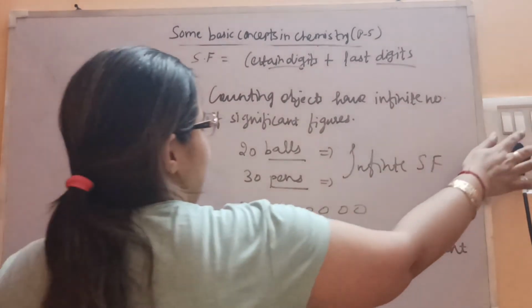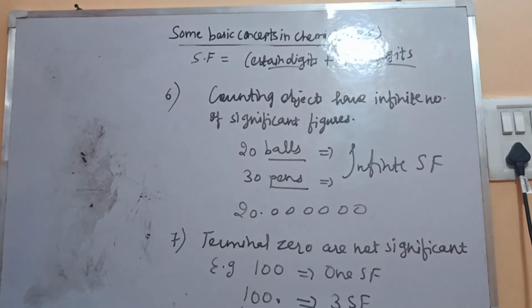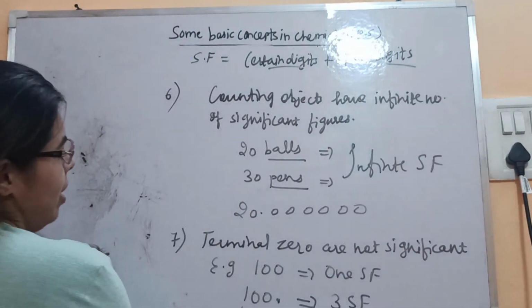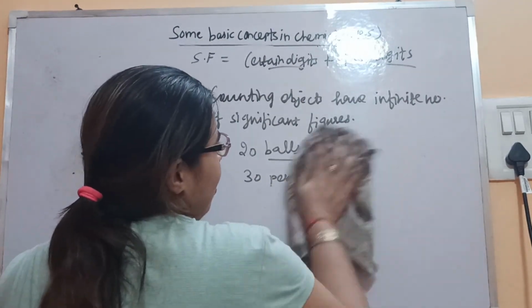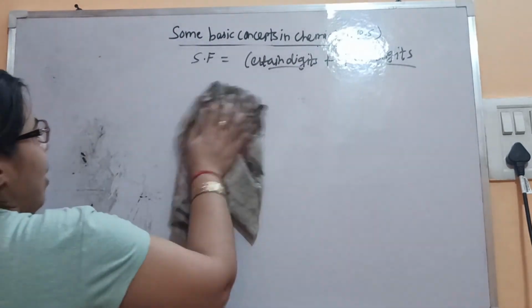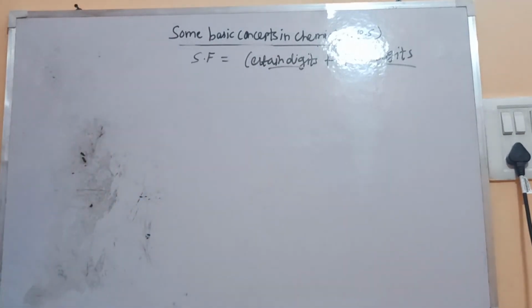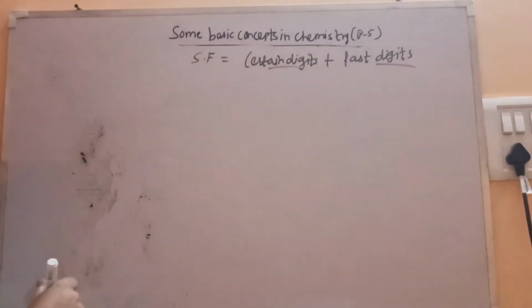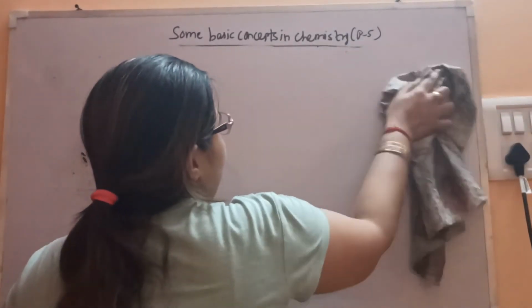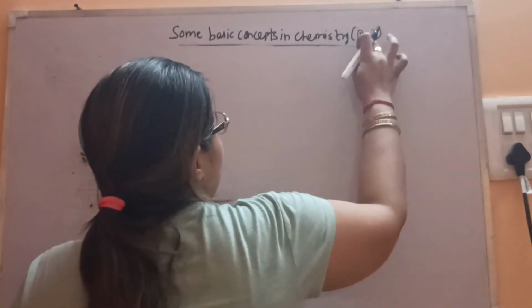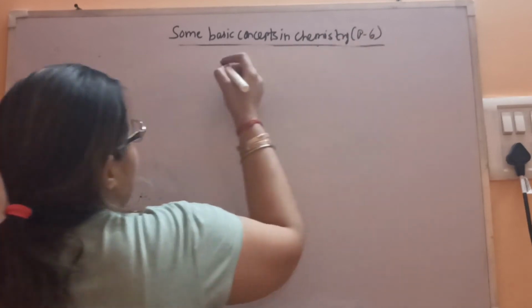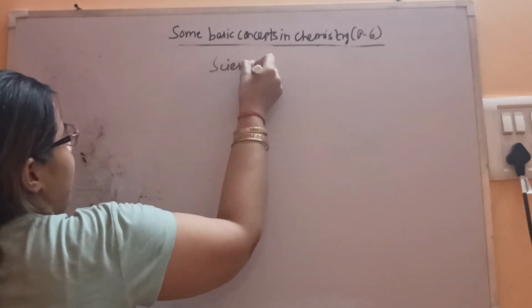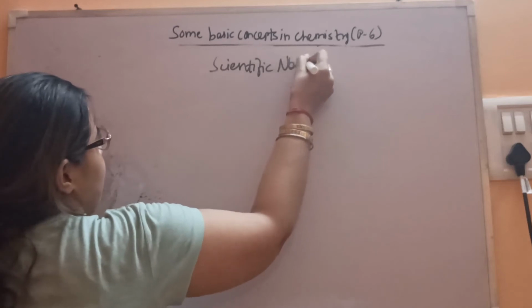All the rules are important and you have to apply the rules for determining the number of significant figures. Now let's remove that ambiguity, that if the number ends in zeros but not to the right of the decimal place, that may or may not be significant. So we'll see the scientific notation, how to write the number in scientific notation.